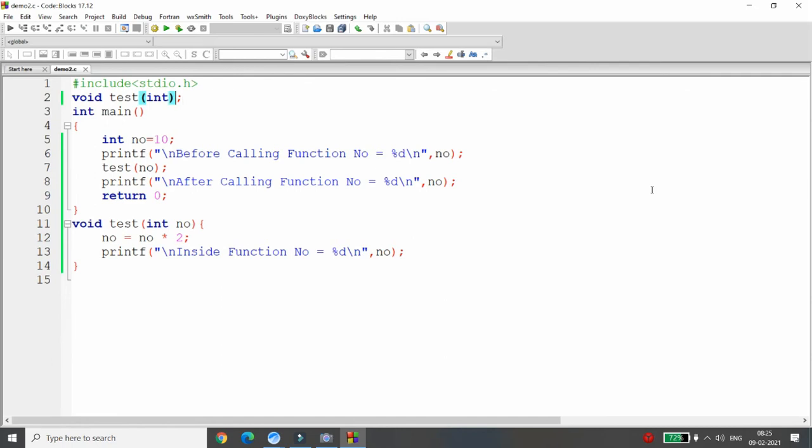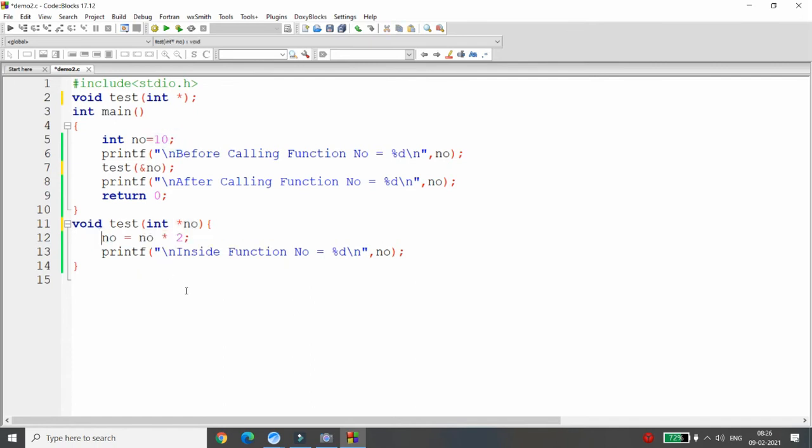Now what I want to do? Outside the function, I want to access the value of the variable. So I'm simply passing here integer pointer. So integer pointer is my type, right? So definitely we will write here integer pointer. And instead of passing the normal variable, we will pass the address. So what happened? Now value will not be passed, address will be passed. And whenever you change value at that address, then the value will definitely change over here.